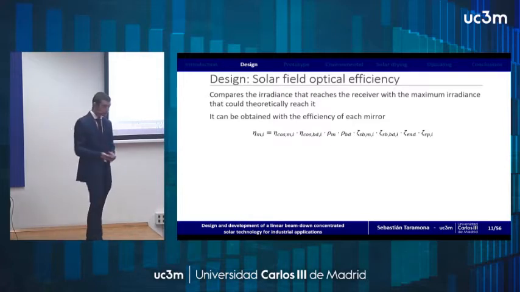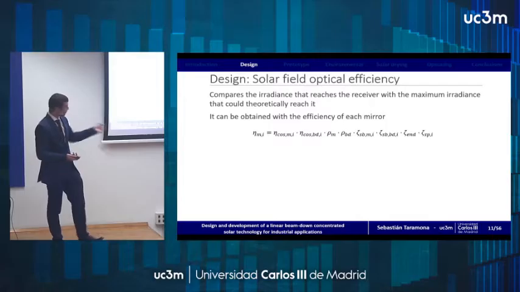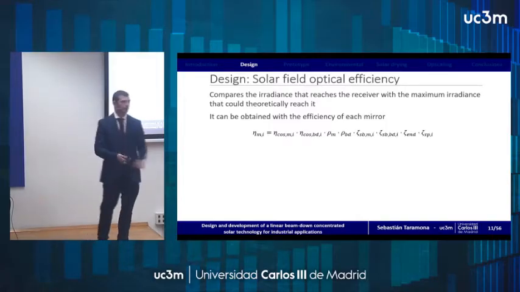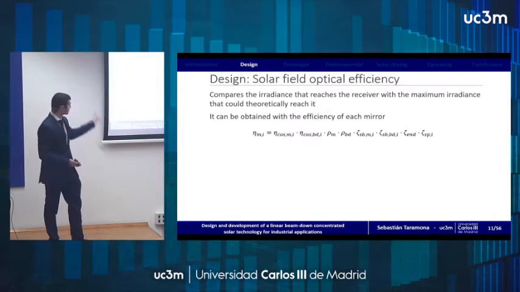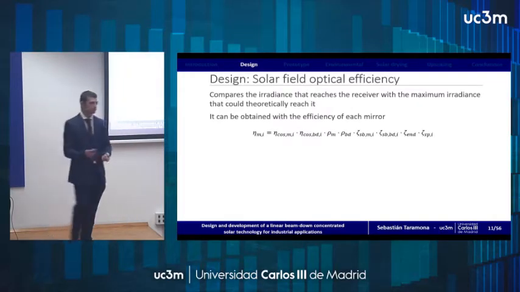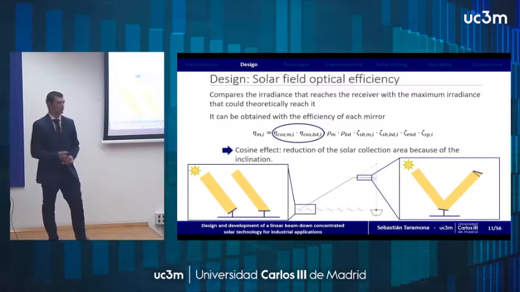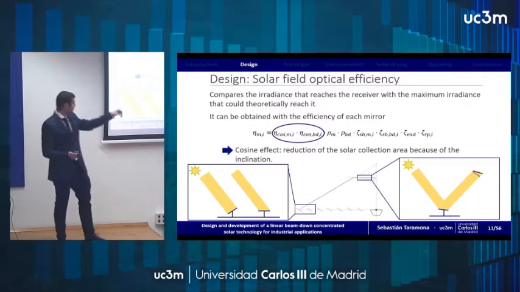In order to do so, we'll be calculating the efficiency of each of the primary mirrors and then of the complete solar field. We have to take into account all of these different parameters that I'll be explaining bit by bit. First, we have to consider the cosine effect of both the primary mirrors and the beam down, and